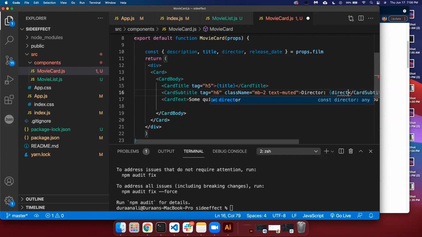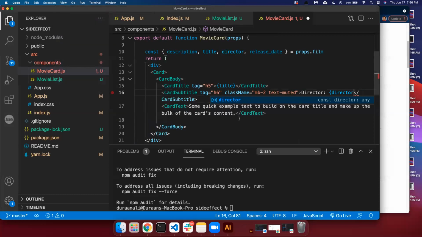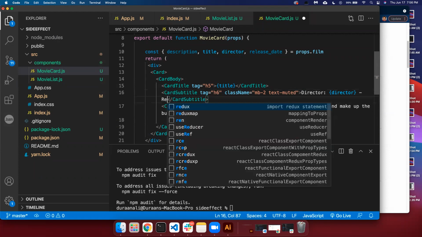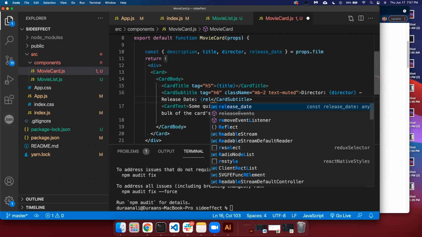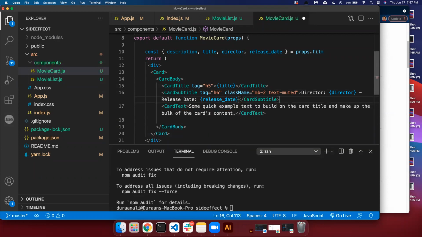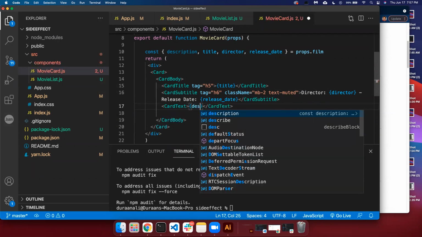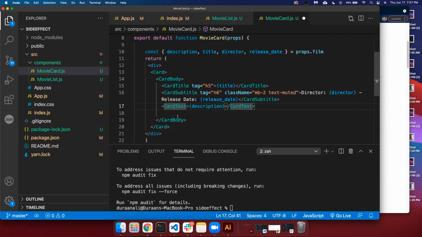So here it will be director. Sorry, let me wrap everything. So director here. And then I'm just going to say release date here, and then put the release date here. Okay, and the description will be just description here. So description, like that. So this should show